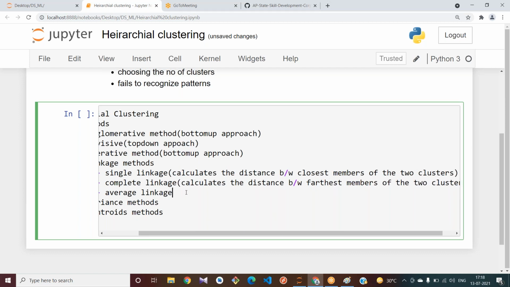What is the average linkage? It tries to find out the distance between all pairs and calculates the average of all these distances.